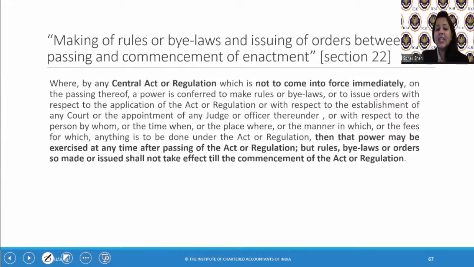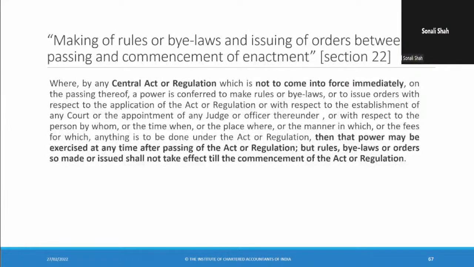Now, next is section 22, which talks about making of rules or bylaws and issuing of orders between passing and commencement of an act. So here section 22 is talking about a situation where there is a gap between issuing and passing of enactment. Is that clear? So section 22 says